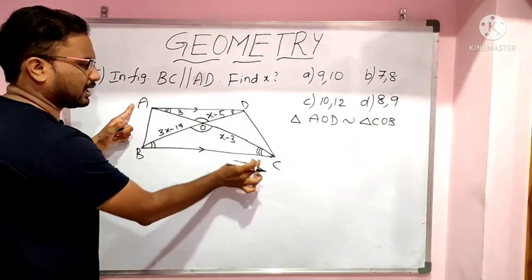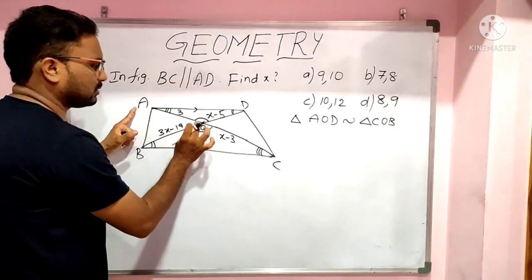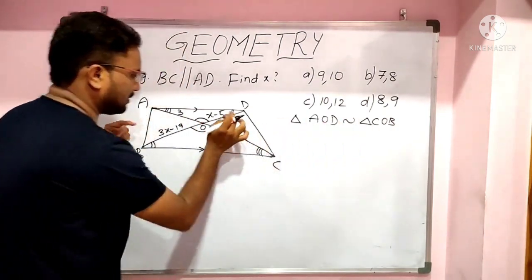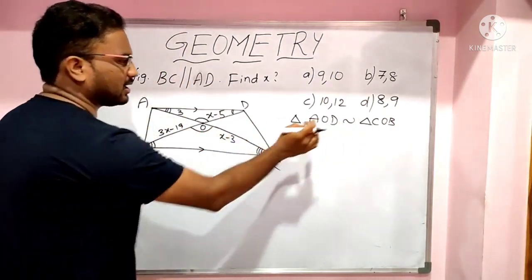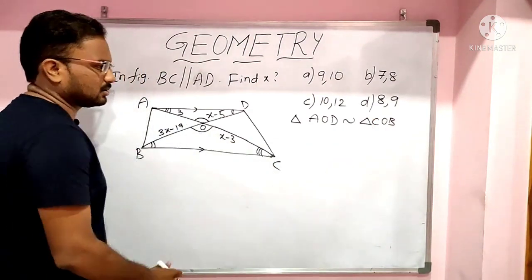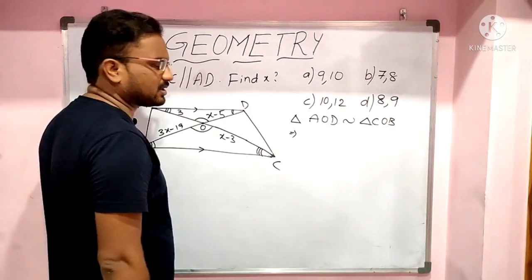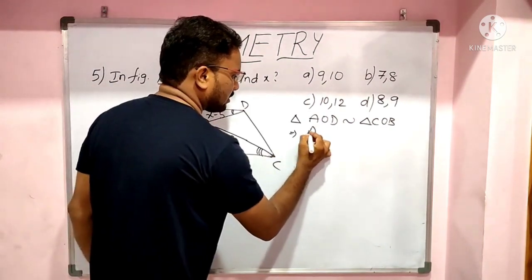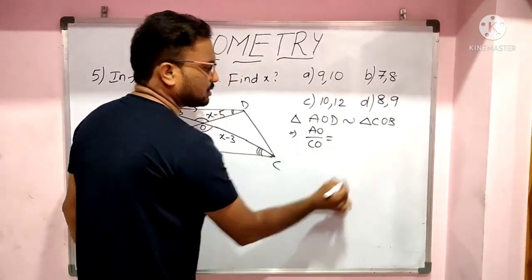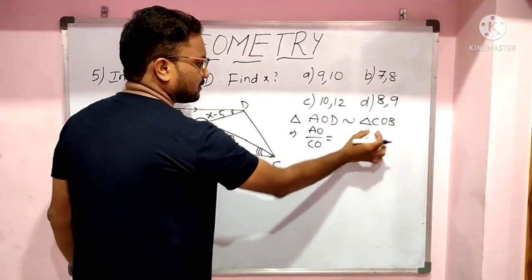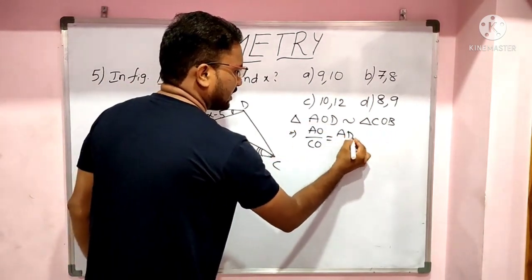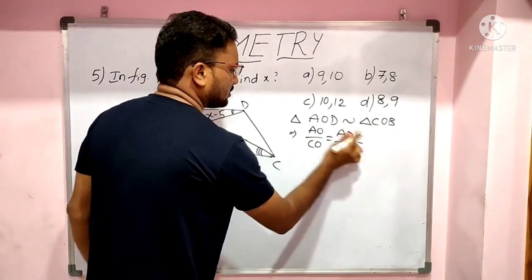Here angle A, here angle C, here angle O, here angle O, here angle D, here angle B, angle D, angle B. Okay, triangle AOD is similar to triangle COB. So if two triangles are similar, then the ratio of corresponding sides are equal. Then AO by CO is equal to AD by CB is equal to